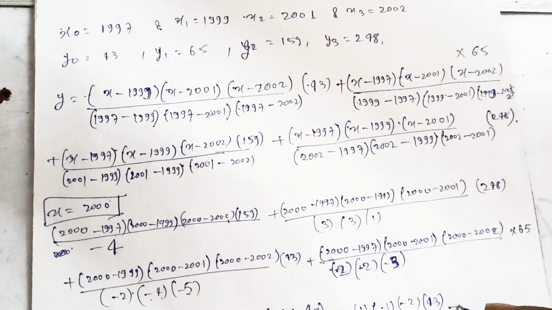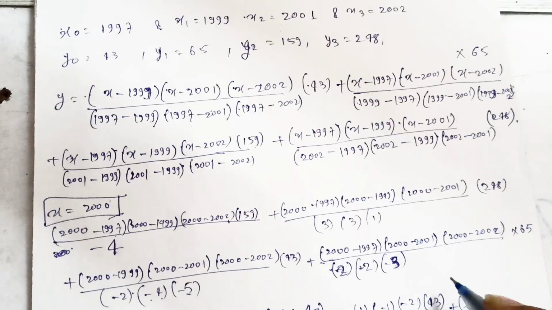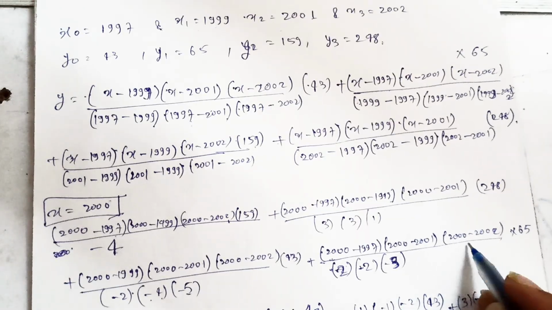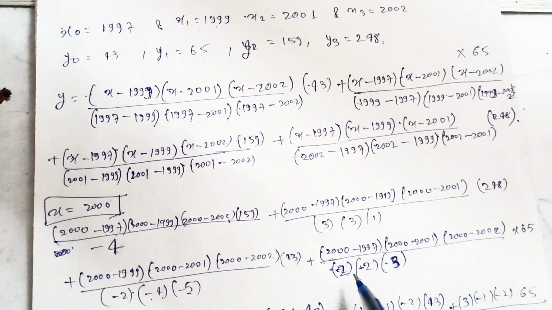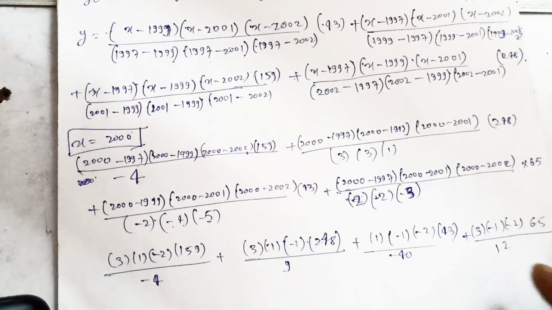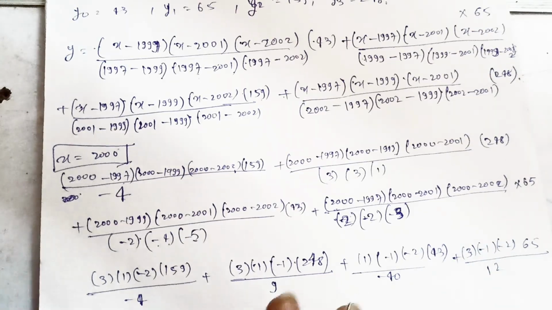So the next term is 2000 minus 1997, that will be equal to 3, and this will be minus 1, and this will be minus 2, into 65, and divide by 3 2 is 6 and 6 2 is 12. The minus will be plus, so it is 12 here. So now we need to just calculate the final terms. You can use the calculator here. 3 into 1 into minus 2 into 159 equals 477, divided by minus 4,